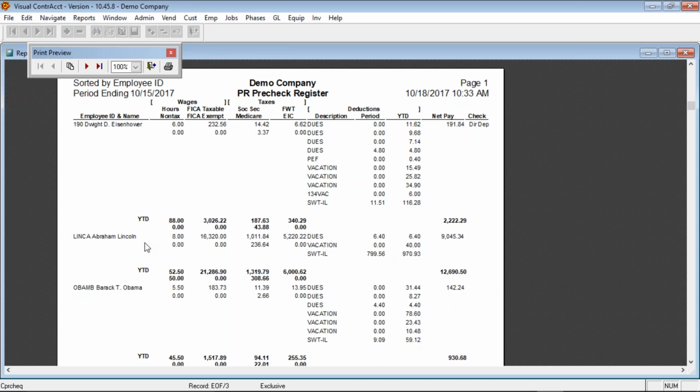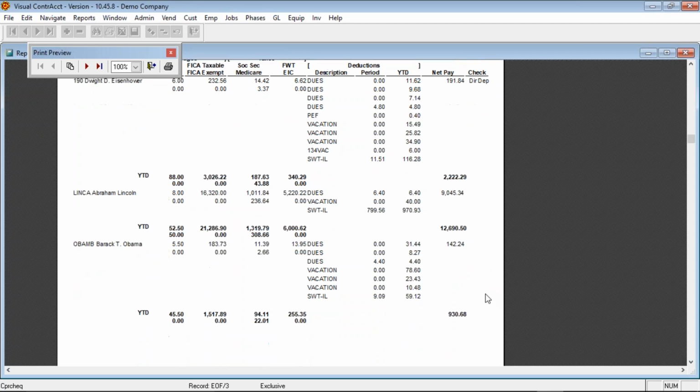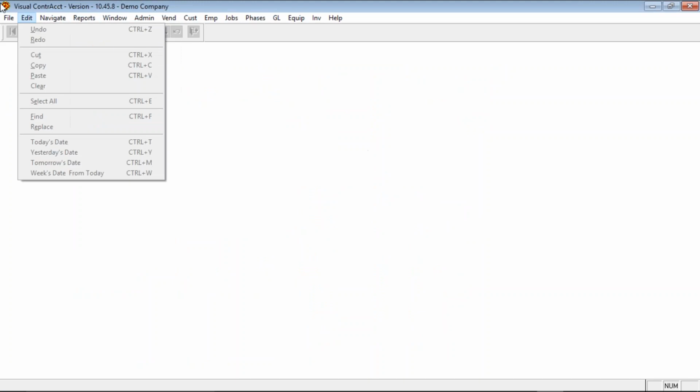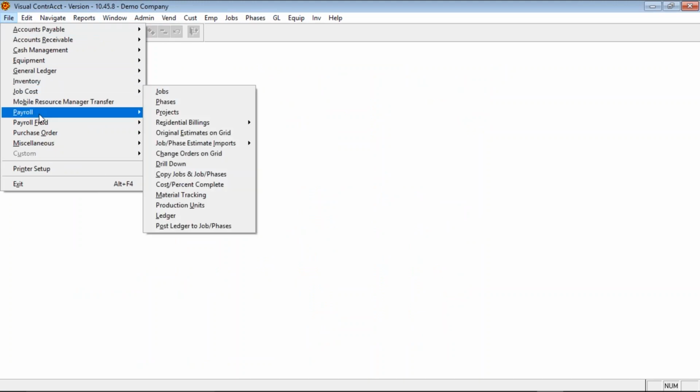Is somebody making a lot of money? For example, this one looks a little goofy, but things like that you would want to look at. So why is this guy making so much money this week? And then I would go look at his time card, and I could see on his time card, most likely, that